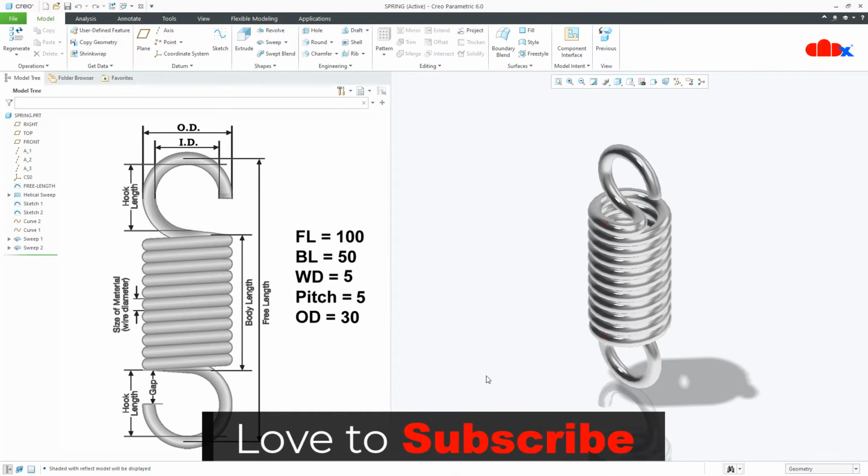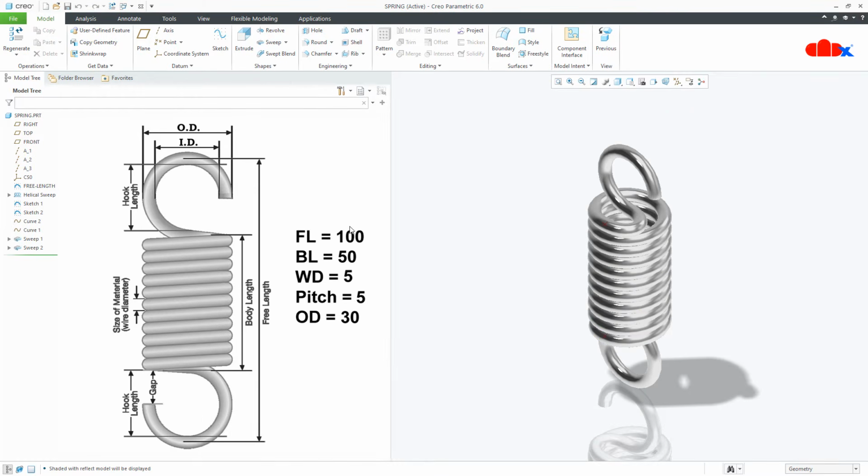Now let's understand the helical sweep. So this spring is created using these details, and you have all the spring details here through which you will understand what is free length, what is body length, what is wire dia, what is outer dia, what is inner dia. So here once again we will create this spring using these details and go through each option inside the helical sweep. So let's create this spring once again, and for that go to new,